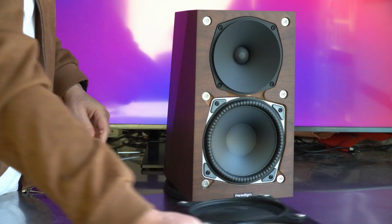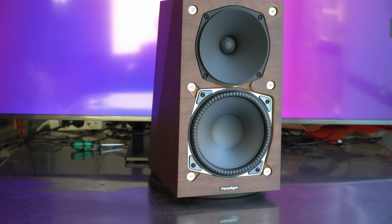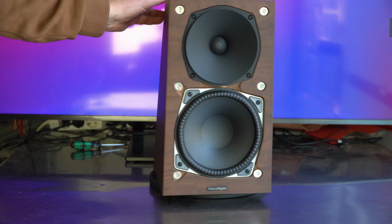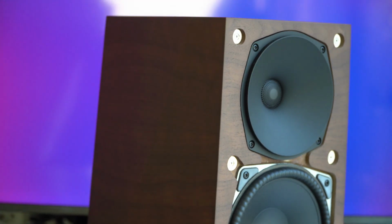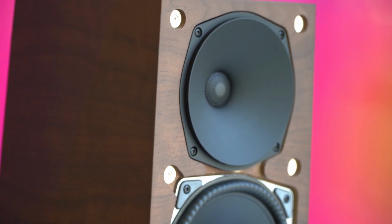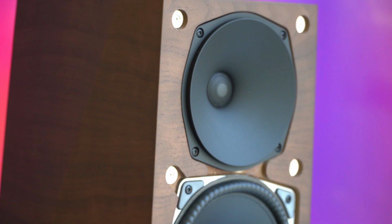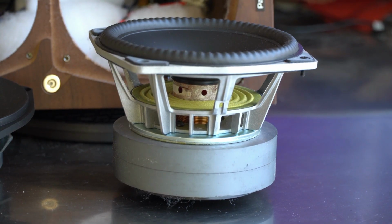To expose the drivers, we can see two of them: one 1-inch tweeter and one 6-inch mid woofer, held by 4 screw seats. The woofer has what they call a special shock mount, for isolation. Here we have the woofer, which has double magnets with